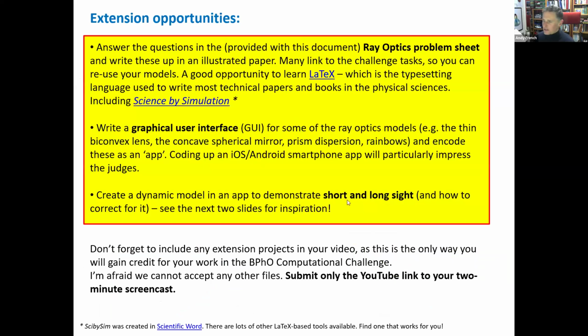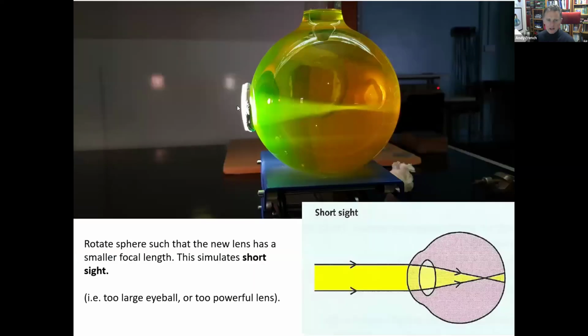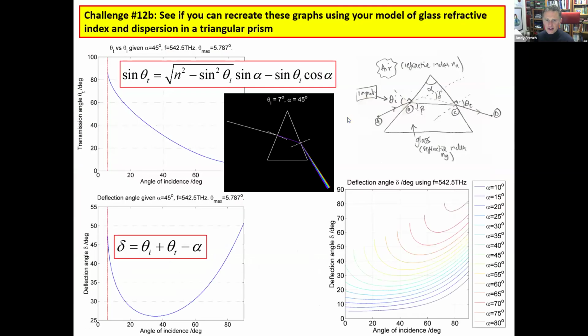And I've also got something on short and long sight here. So this is a flask of fluorescein. You can see, I've got a better picture. There we go. So you've got light here converging in the middle. So perhaps you could make use of refraction, etc., to actually plot these rays. Could you have a dynamic model of this that could be like an eyeball? That's something, if you want to really push this, but that's beyond the scope of the basic challenge. So do we have any questions about the challenge?